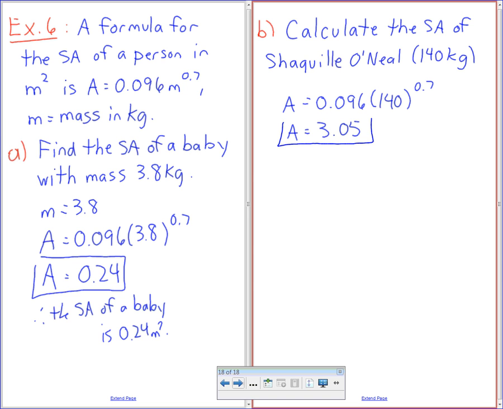Therefore, Shaq has a surface area of 3.05 meters squared. Now, if you care how much that is, which I'm sure you do,